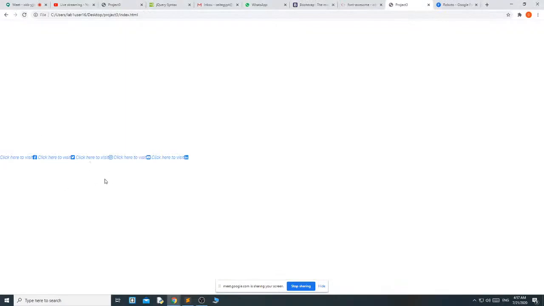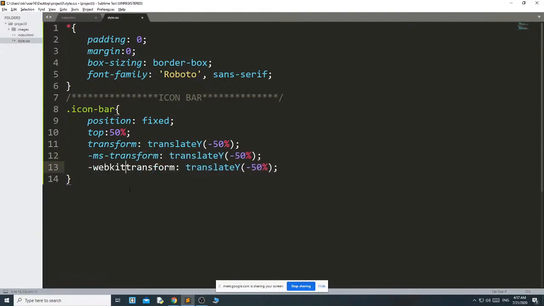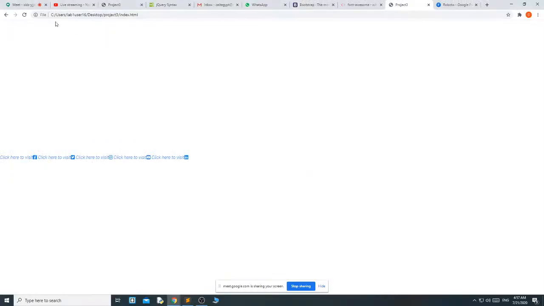Okay, a little bit to the top. Whenever you are using transform translate, always remember to make it browser compatible. Whenever you are using any animation, make it browser compatible, so just use ms and webkit. Okay. Then z-index. Now I have fixed my icon bar.